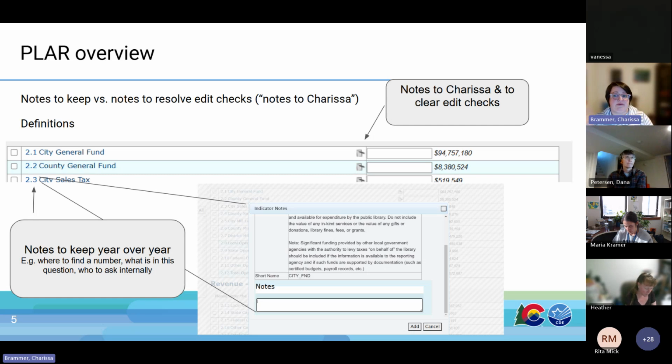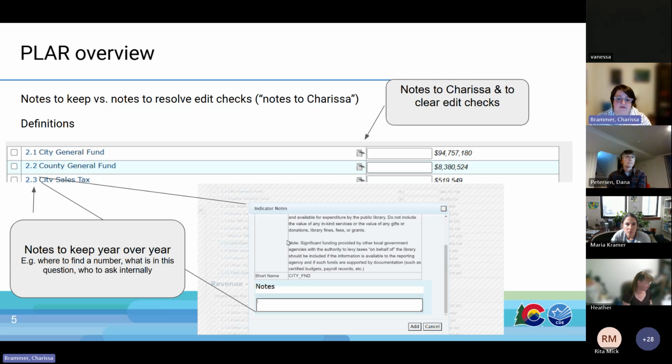When the system stops you and gives you the edit check, where it puts that red message up, you put those notes in this little notebook. You click on it, it'll pop open, and then you put the notes in there. Those are the things that I review when I'm looking at your survey. I will actually review both of them generally, but if you really want to put a note to me or to clear the edit check, it will live in here.